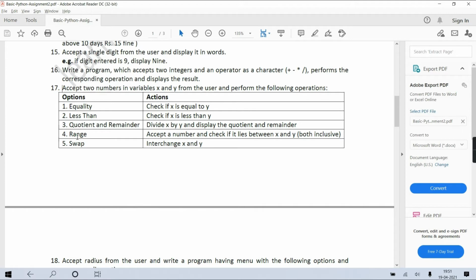Then range check: take one more value and check whether that value is between the two values you have accepted already. And interchange, swap two values. Swap means their memory content should be exchanged. Don't fool around, you just don't print it in the opposite way. You have to actually move the content of x memory to y memory and y memory to x memory. Okay? A proper menu driven program you can try.